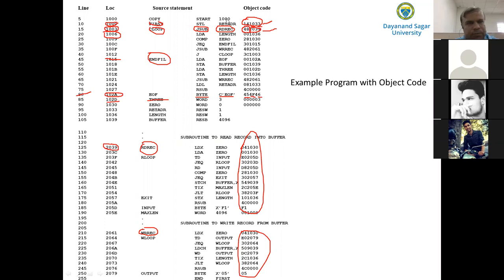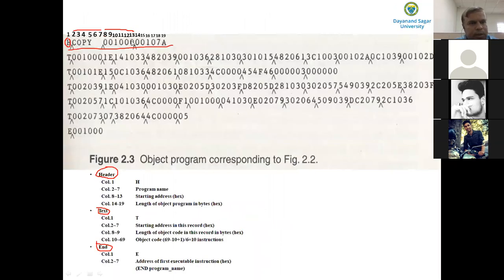So start from column 13 on the right side, and fill the remaining columns with 0, because the starting address has only 4 digits, that is 1000, so the remaining digits are specified as 00. Then the starting address is 001000. And next, column 14 to 19.